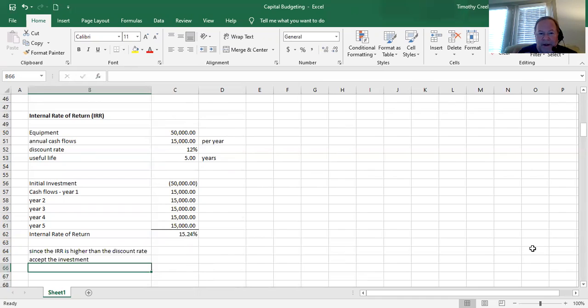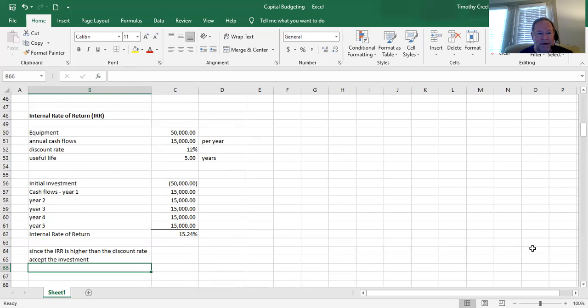Okay, so that is capital budgeting. Capital budgeting is very useful for business decisions. And a lot of times, I will say this, companies will sometimes use two of these methods. It's very common for a company to use payback with one of these methods because all of them add something to the decision. Payback looks at how quickly you get your initial return back,